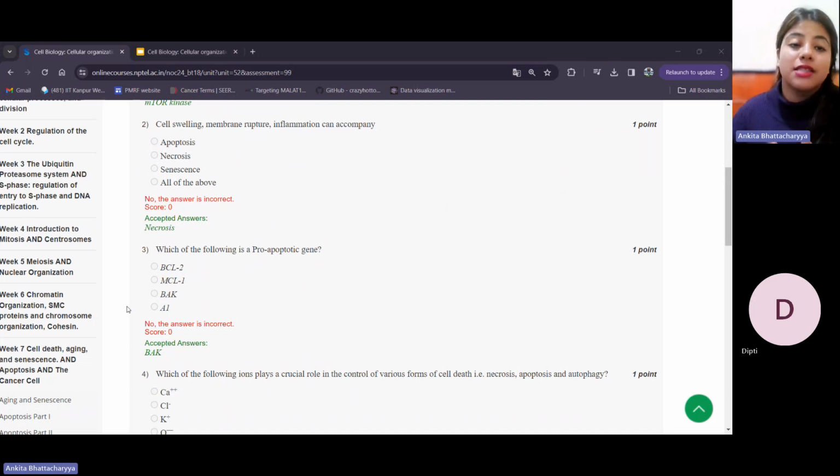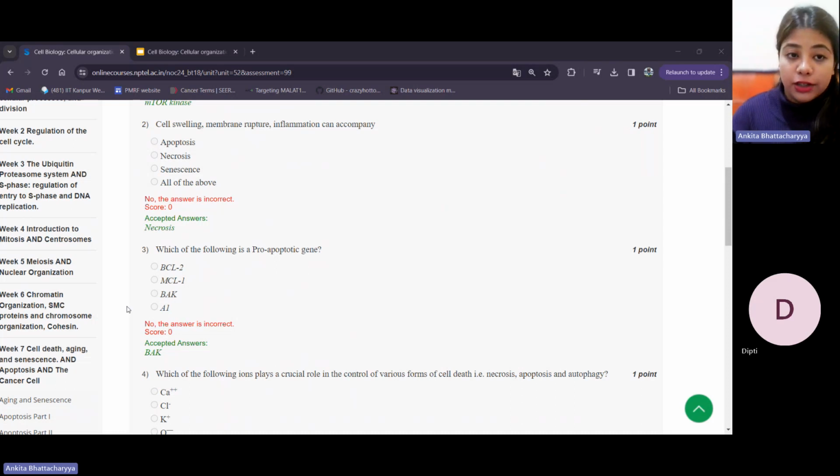In contrast, senescence is a completely different idea. It's not a form of cell death. It's a sort of phase where the cell is in an inhibited state where it is not dividing, where it is quiescent, and it has attained that state after several rounds of division. Now, a number of factors could elicit senescence. If you remember, we had looked at hallmarks. It was one of the hallmarks of aging as well, and the context in which senescence is used is extremely different.